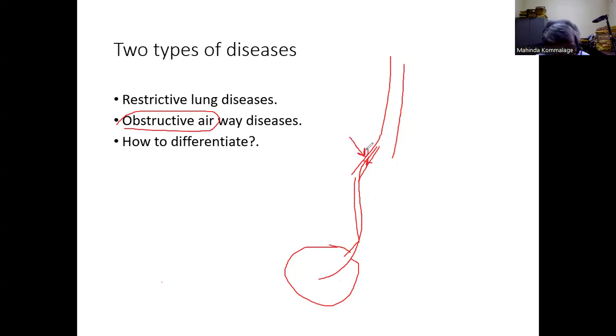A well-known one is asthma. Asthma is an airway problem. So we call asthma and chronic obstructive airway disease obstructive airway diseases. Then we have restrictive lung disease. The problem is in the alveoli, right? In restrictive lung disease, the alveoli cannot expand the way we want, right? The alveoli cannot expand because maybe the alveolar membrane is thick and contains some unwanted tissue like fibrosis, or maybe water. Pulmonary edema, we call it pulmonary edema, water,